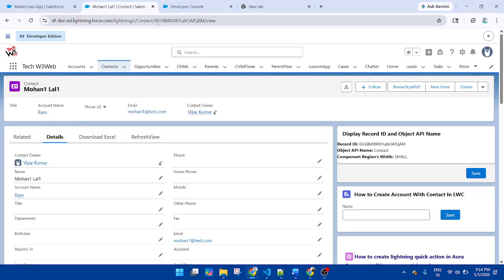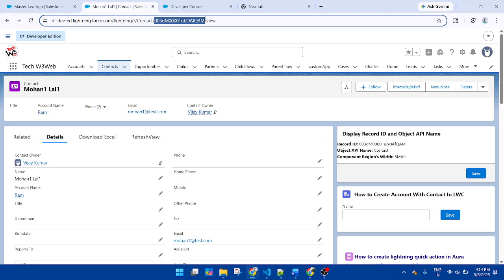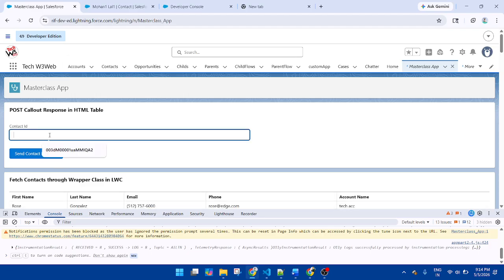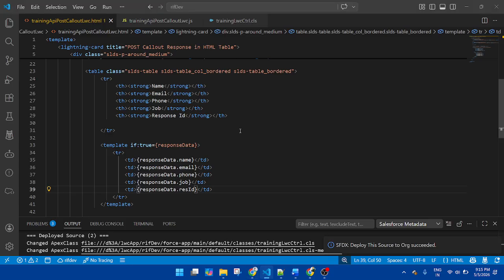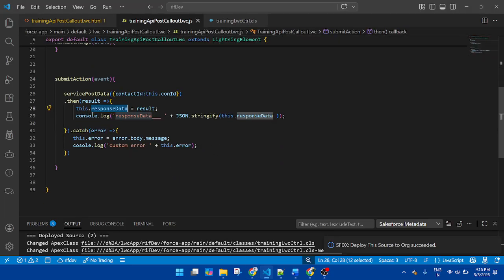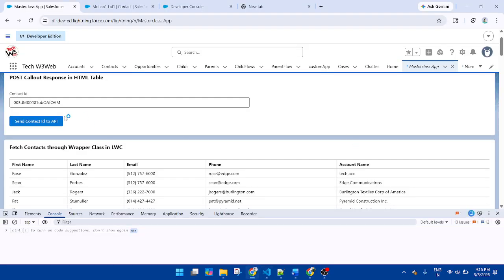So now this is my component. This is the record ID of the contact. Now pass the contact ID here, and I will check both. I will check the console.log because I am not removing the console.log here. I will check that both values will be the same. So now click.